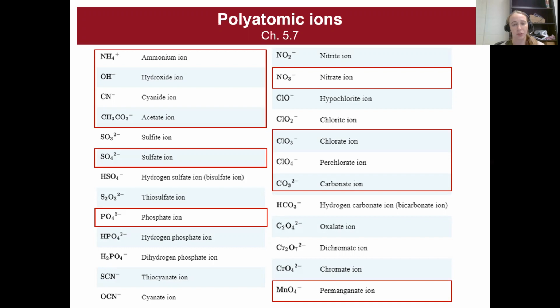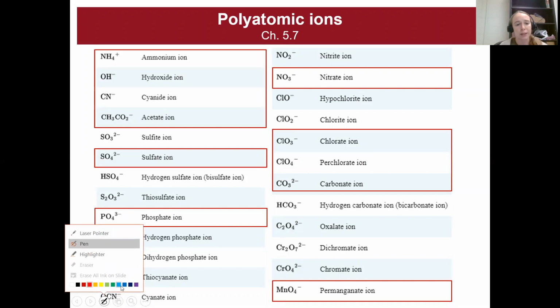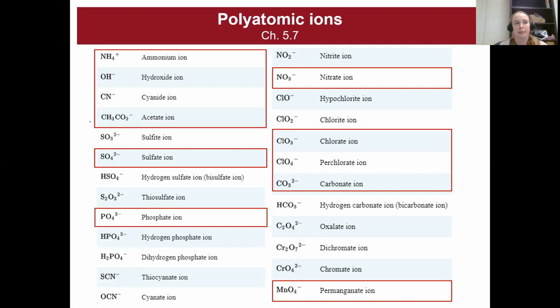And I've circled and put boxes around the ones that I think are particularly important for you to remember. These are the ones that'll come up a lot. Not that you won't see the other ones, but I won't make you memorize the other ones. I will definitely make you memorize most of these. So ammonium ion, NH4+, hydroxide ion, OH-, cyanide ion is CN-. The acetate ion, which I will almost always write as